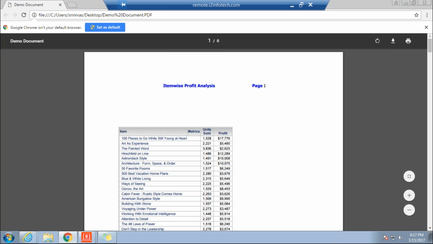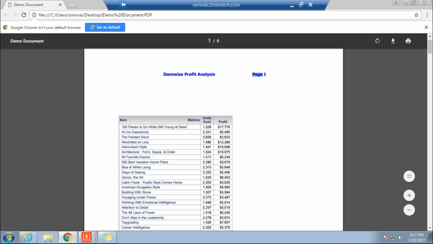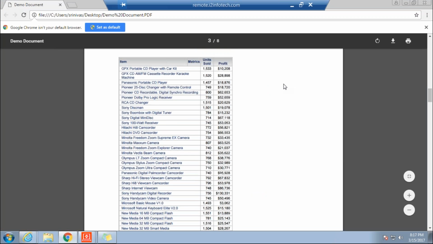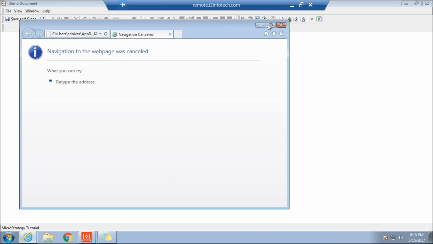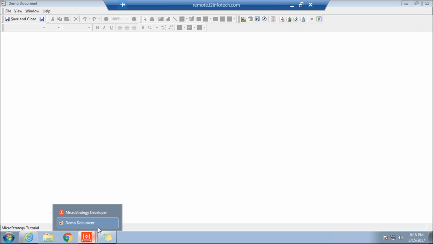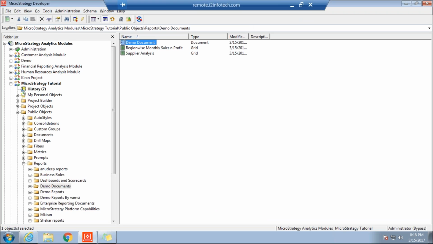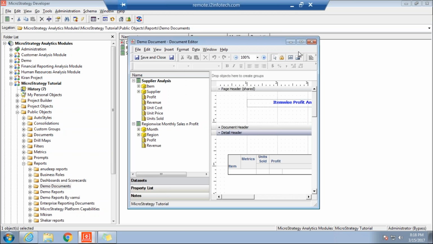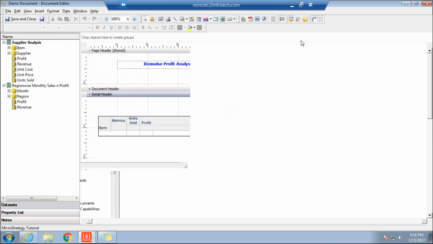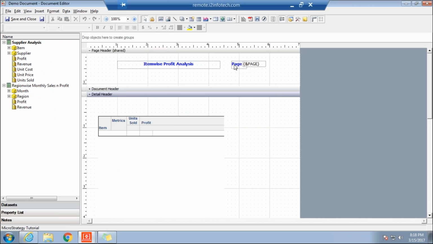Okay. So now, once it gets executed, this is what you get: page one, and then you just scroll to page three, page four, so you know in which page you are when it has multiple pages. On similar lines, what else you can place here in the document is generally the title, then the page and its number, and you want to see the total pages, like page 1 of total pages. In order to display "of", which is static,